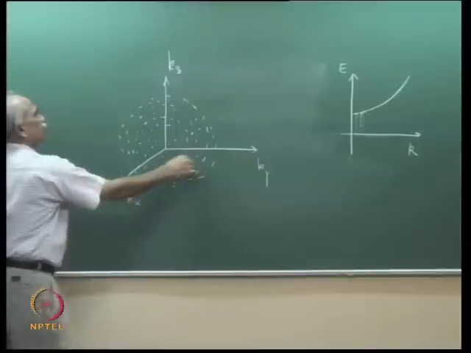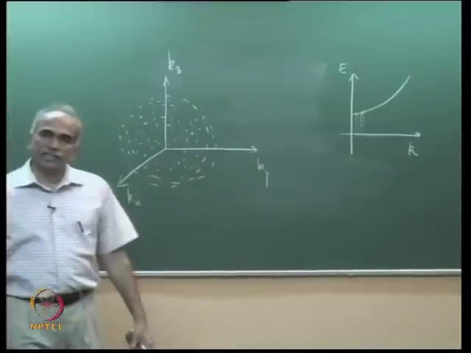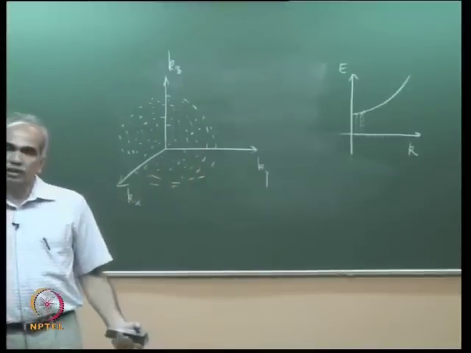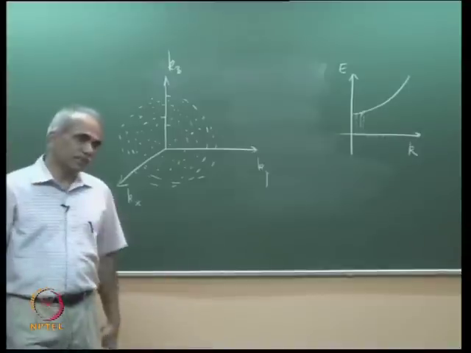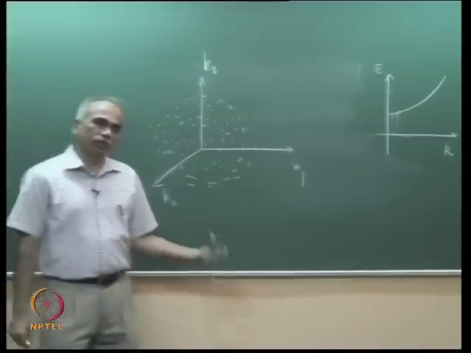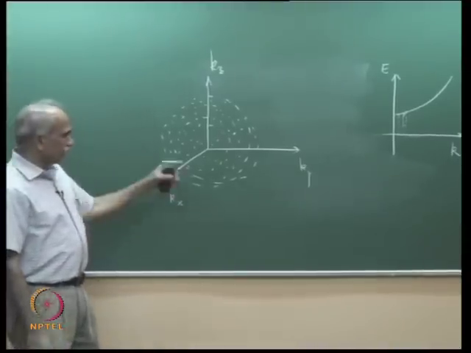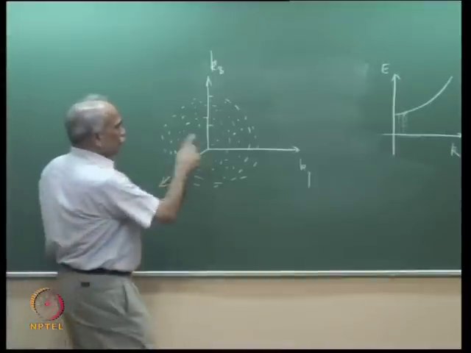Our objective is to determine the density of states, which means the number of points between K and K plus dk per unit volume of the material. So how to determine that? To determine this,